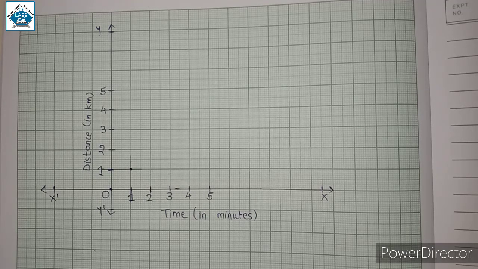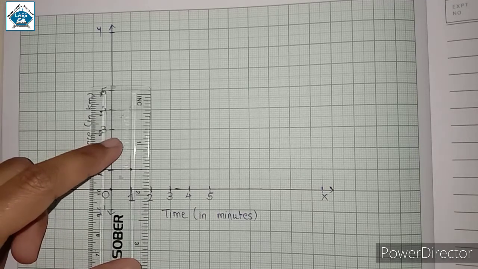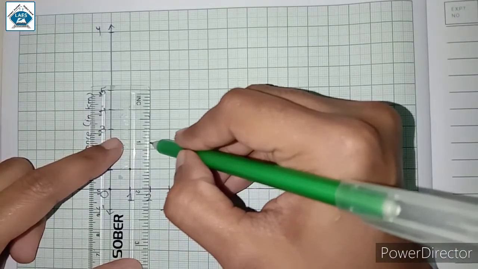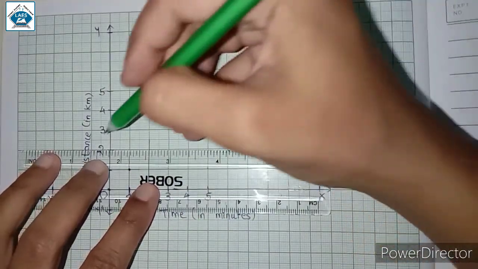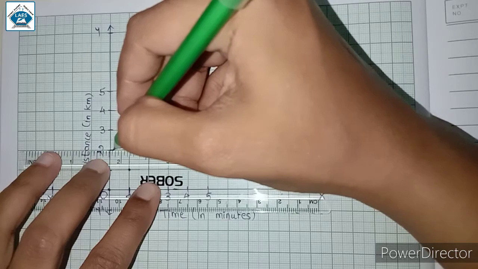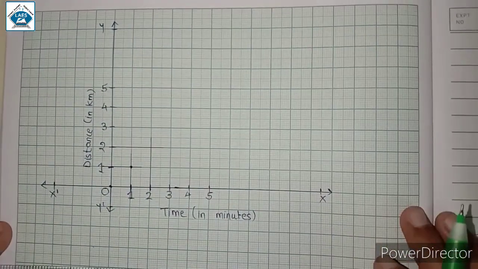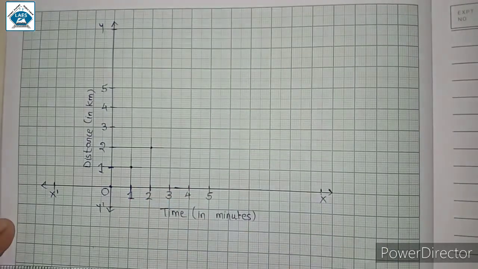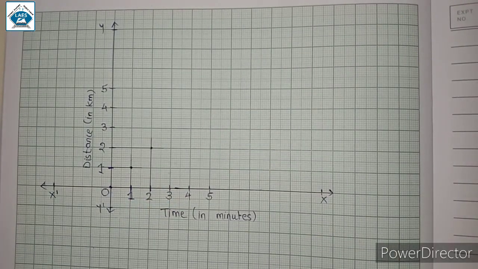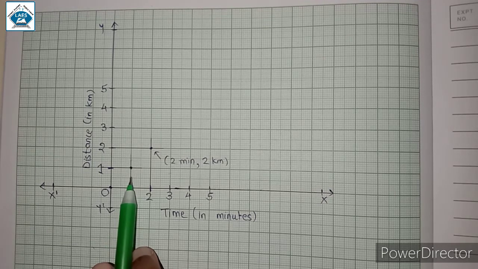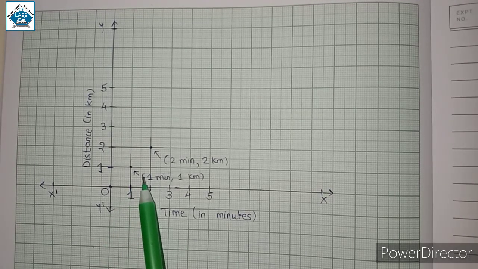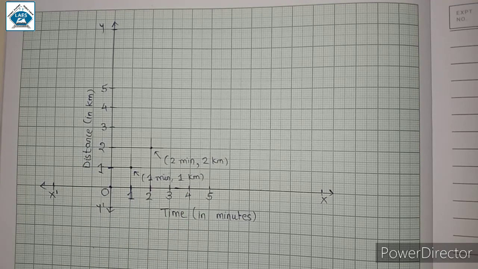Next, according to the figure, according to the table, we are going to draw the second set of values, that is 2 minutes time में. After 2 minutes, the distance traveled by the car is 2 kilometer. So यहाँ पर हम लोग एक लाइन ड्रॉ करेंगे जो x एक्सिस के पैरेलल होगा, and again the point of intersection, this will be the required set of values. That is, this point represents in 2 minutes time the distance covered is 2 kilometer. Similarly, this point represents that in 1 minute the distance traveled is 1 kilometer.